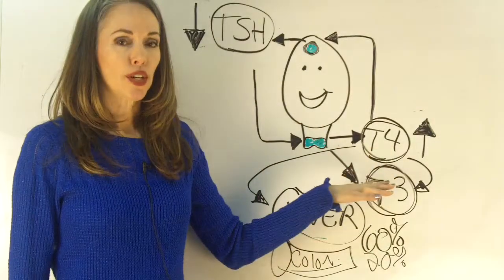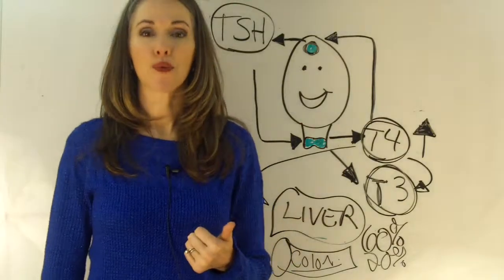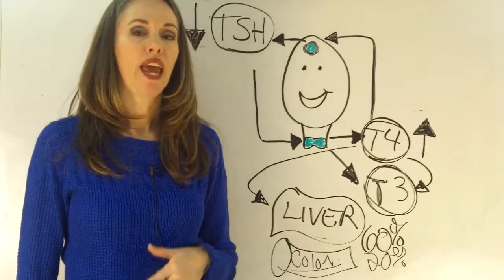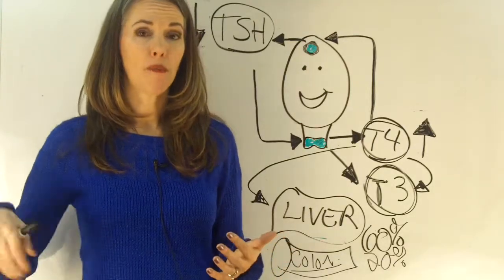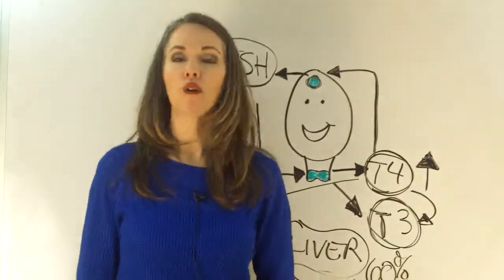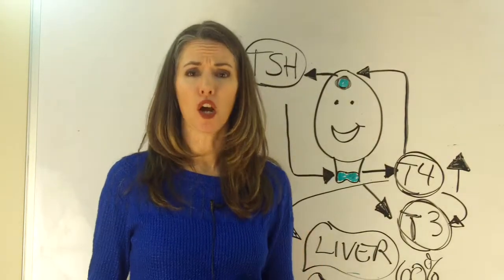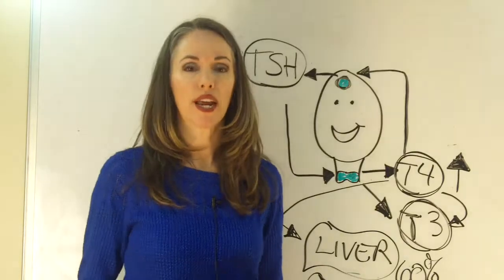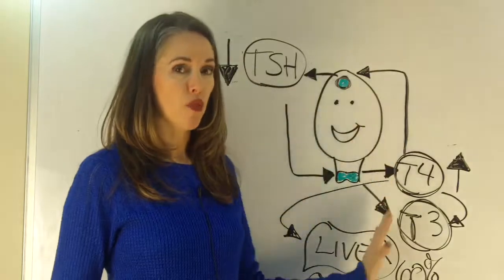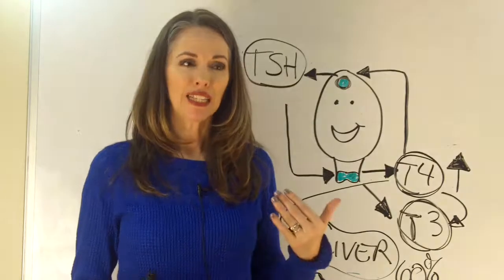Then this goes through the bloodstream and gets converted. 60% of it gets converted to T3 in the liver. 20% roughly gets converted in the colon and intestinal lining, and then the rest of it will actually be taken back up and junked. It's just sort of a checks and balances system. So that's basically the general flow of the important thyroid hormones to look at. I just wanted you guys to understand the basic flow of how that looks on lab work and how you actually interpret it. In our upcoming video, I'm going to talk about the causes of hypothyroidism, and some of that will be based on these mechanisms here,